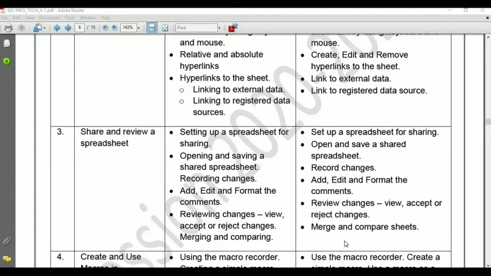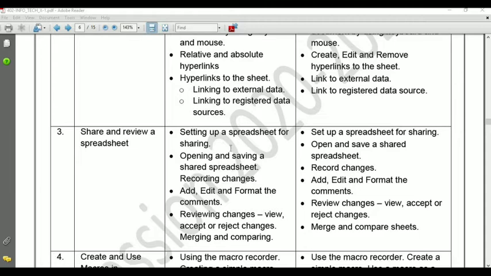So for this, I have prepared a video to complete all the topics which have been given by the CBSE in this session. For this, we need one more software that is called OpenOffice Calc. So with the help of Calc software, we can understand how to set up a spreadsheet for sharing, open and save a shared spreadsheet, and record changes. Let's start.